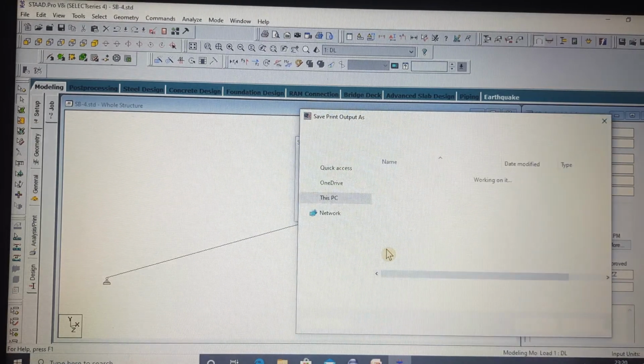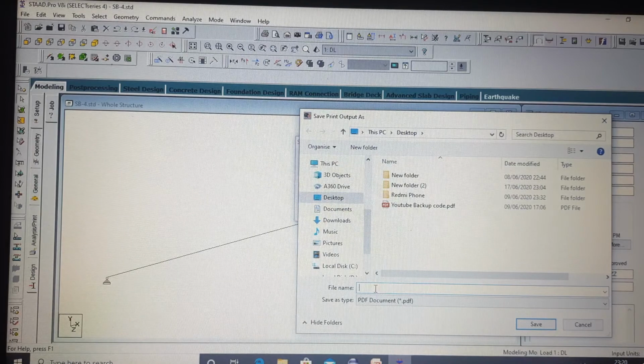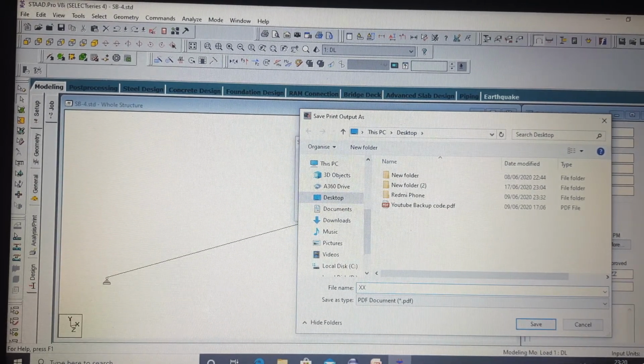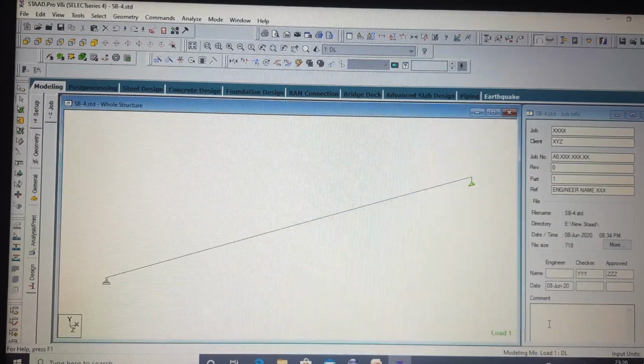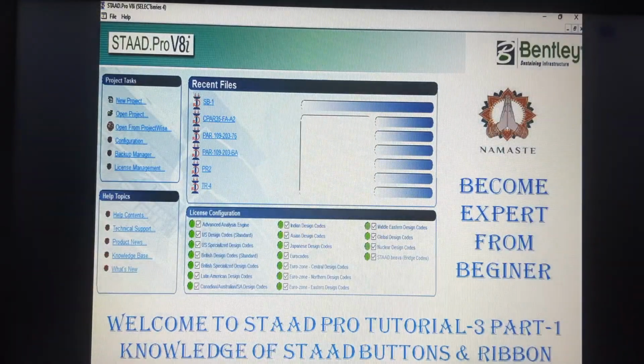It will print using your print setup option, and it will prompt you to save your file. Let's say we want to save this file as xx and save it. After saving it, I am just giving you an example of what it is showing.